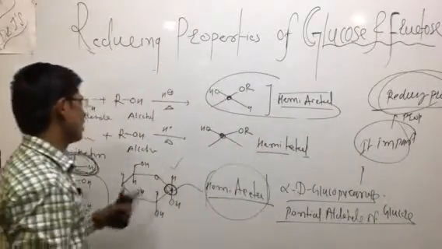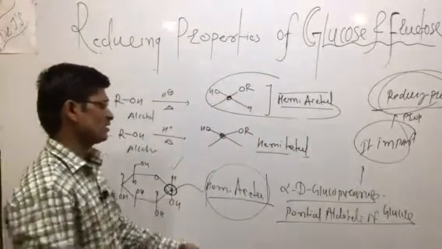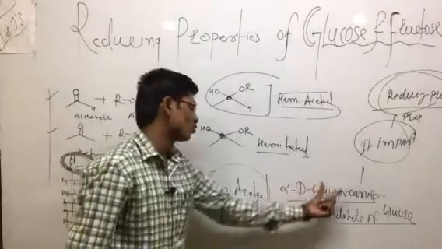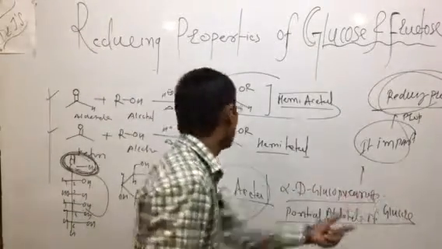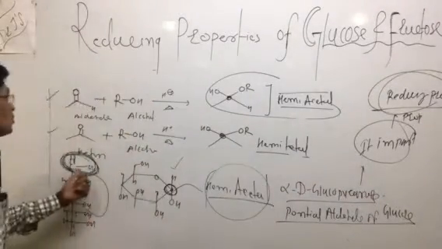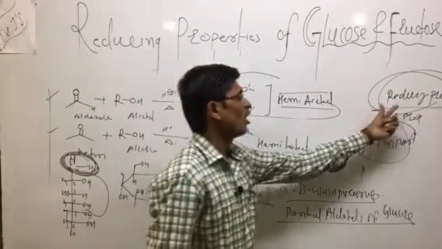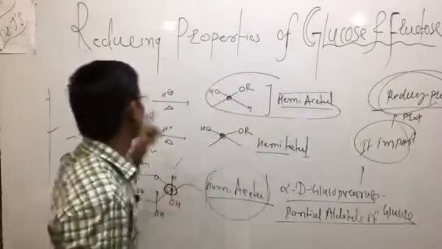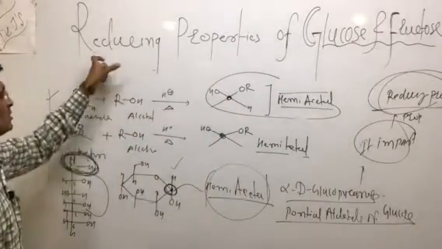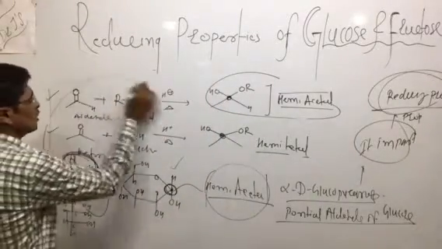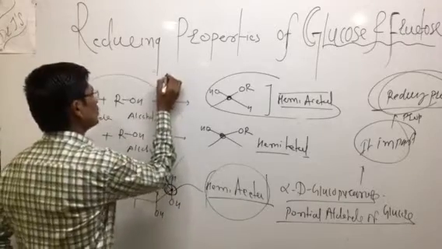So this is nothing but what, to introduce these types of hemiacetal group, and this alpha D glucopyranose is potentially an aldehyde group of this glucose molecule, and it imparts reducing properties. And this is why this glucose molecule